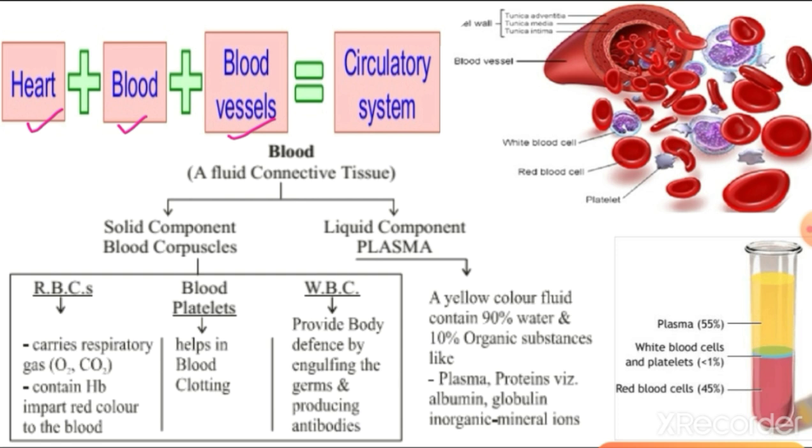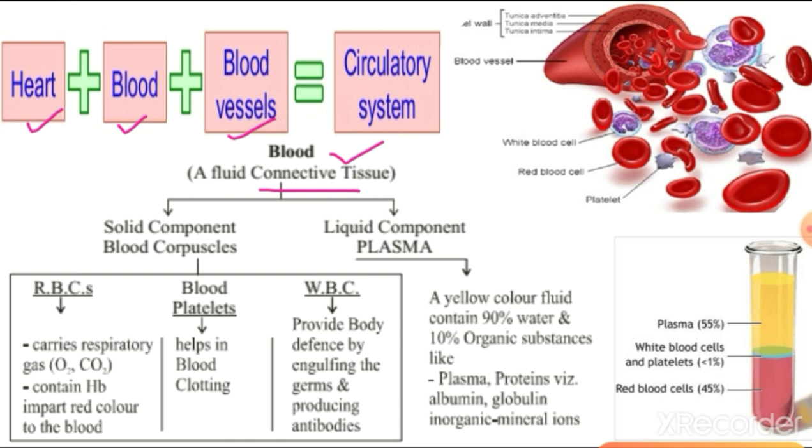First of all, understand blood. Blood is a connective tissue. How can we say it is a connective tissue? We have already learned it in our previous class, but still, what is a connective tissue? The tissue which connects all the tissues together. So blood is a connective tissue because it connects all the tissues. How? By exchanging material from one tissue to another tissue. Like oxygen is passed from one tissue to another tissue, or food is transported from one tissue to the other tissue. So this is how it connects all the tissues. That is why it is a connective tissue.